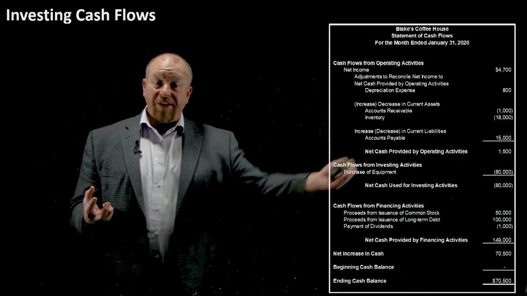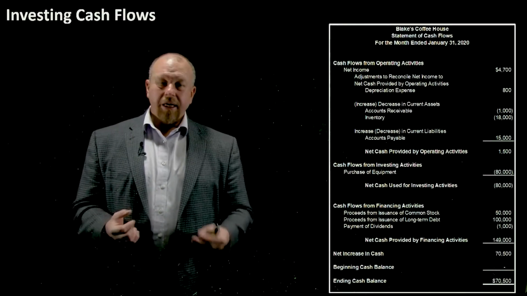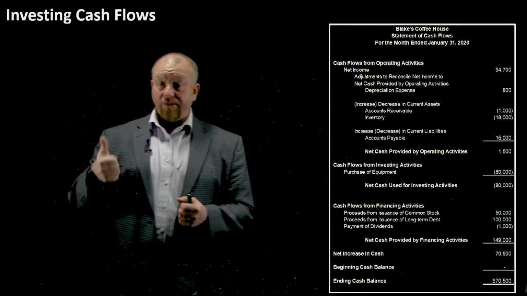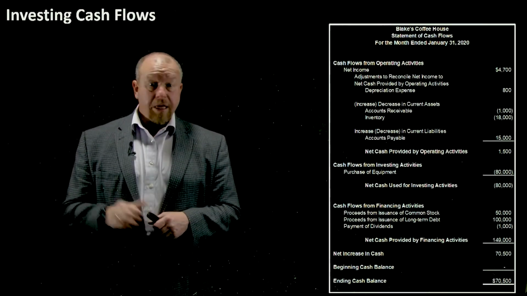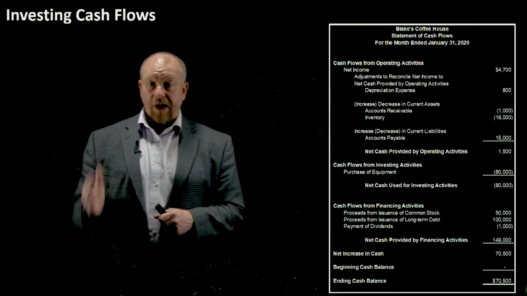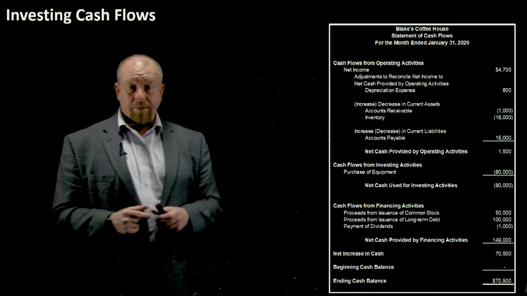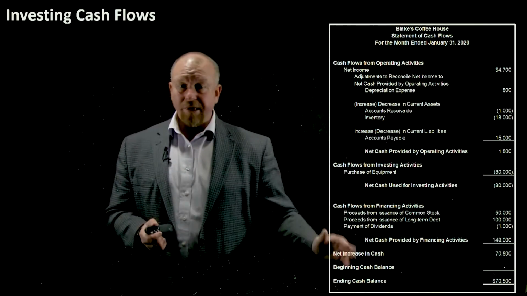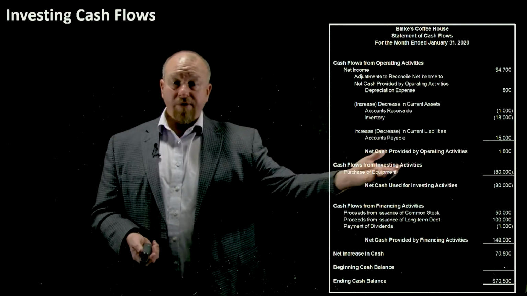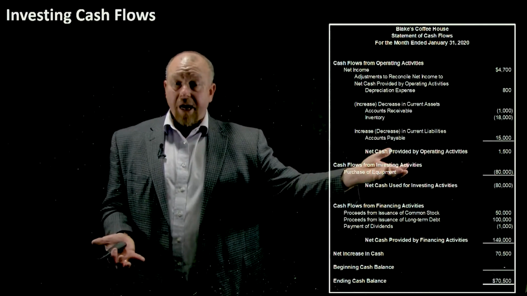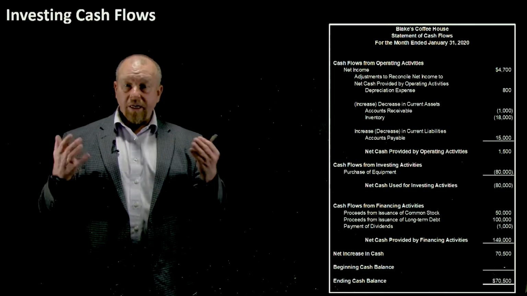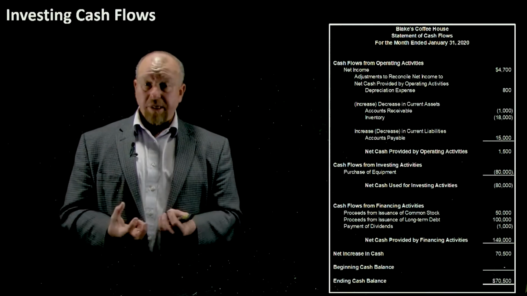When it comes to the investing and the financing sections, there really is no hard and fast rule that says positive is more favorable. I mean, you can take the operating activities to the bank. We need positive operating cash flow on a sustained basis. But I can't say the same thing for these two sections here. Because you see, take this for example. This coffee house is bleeding cash in its investing section, but it purchased equipment. Okay, it needs equipment to be able to run its business.